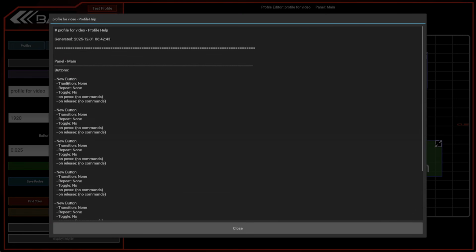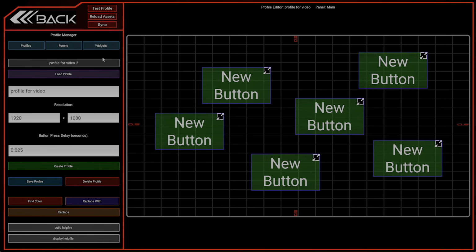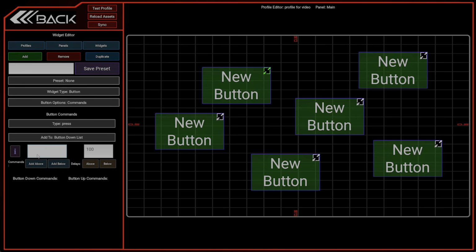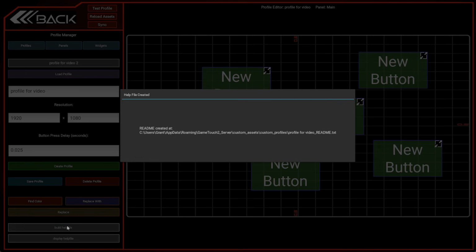In this case, we've got a whole bunch of buttons called new button, and they don't have any commands associated with them. But if I was to quickly create a command for this, like press P, and then go back here and build the help file,